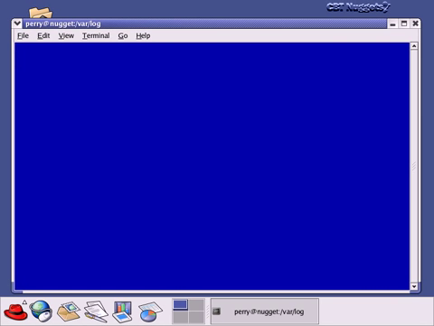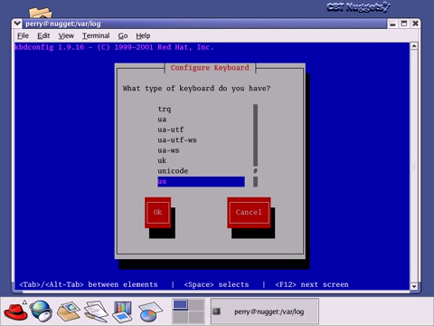Now, things like keyboard configuration, we did talk a little bit about that. We did choose that during installation time. We did most of this stuff back in the introductory series. In this video series, we've mostly concentrated on more advanced issues, but back in the introductory series, you know, we went through